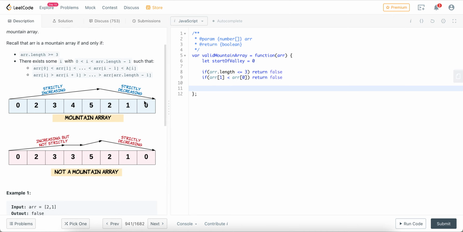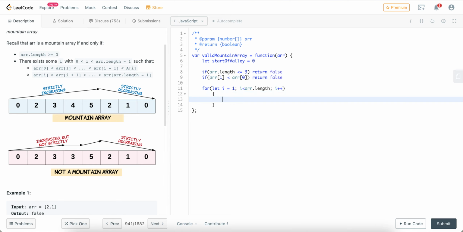Whereas when I start going down, I can start from here because I don't need anything prior, and I'll save some time there. So let's do our for loop here. Let i equal 1 because I already ruled out the first one, so I don't need to start from 0. And array's length, then keep increasing this until we